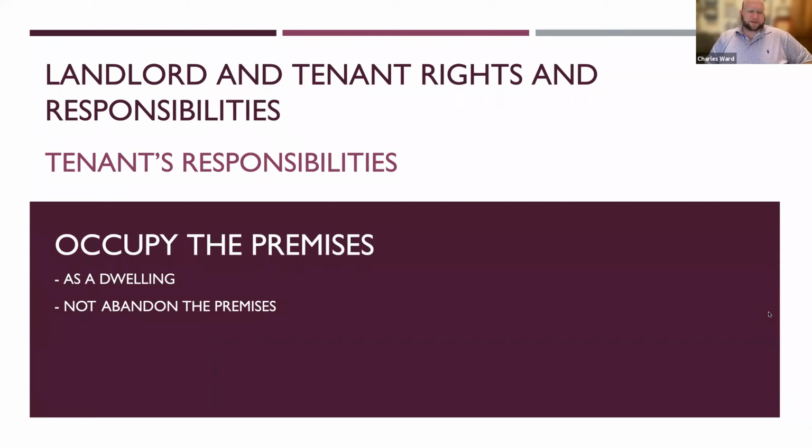Abandonment also includes leaving the property unoccupied for more than 7 days without notice. So a tenant goes on vacation, goes down south for a month, or for 2 weeks. They need to let the landlord know that's what's happening. This isn't a case of the tenant asking the landlord's permission to do this. It's not like the landlord can say yes or no, you can or can't do this. But the tenant does have an obligation to make the landlord aware so that the landlord knows that there's not going to be anybody in the house for this period of time.